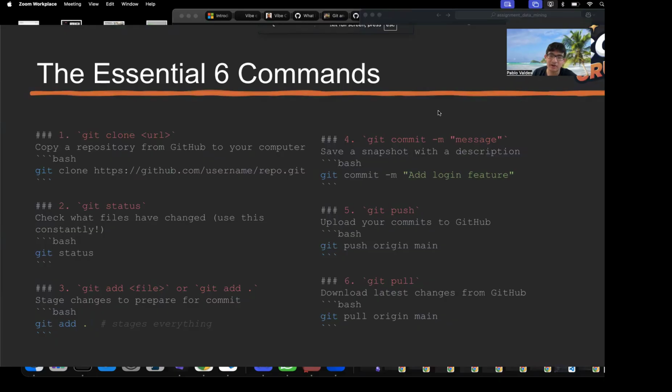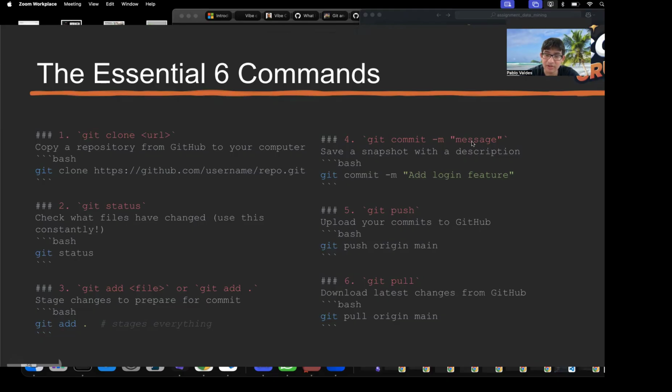Some of the other commands are git status, which lets you see essentially the changes that you've made. Git add file or git add dot, which lets you add new files to your Git repo. So essentially what Git is doing is it's making a folder where you add all these changes. So you could add those changes specifically by adding specific files, or you could just add all the changes you've made. The fourth command is git commit -m message, right?